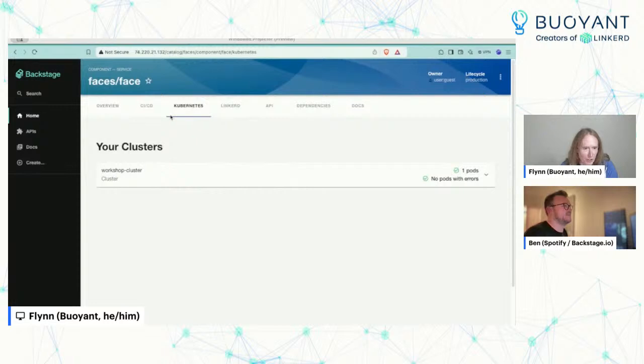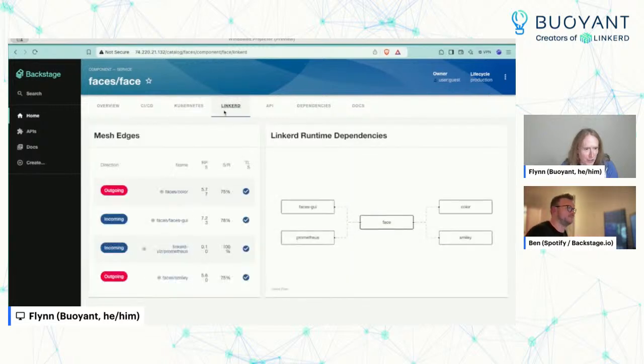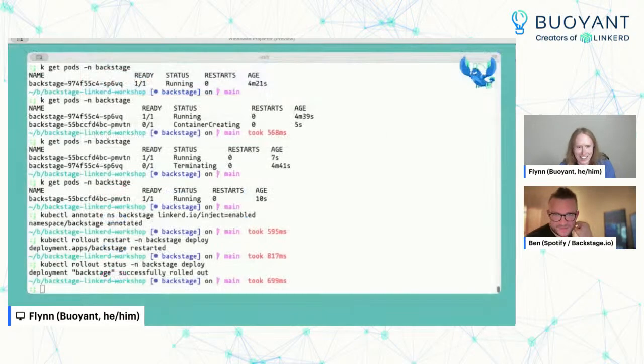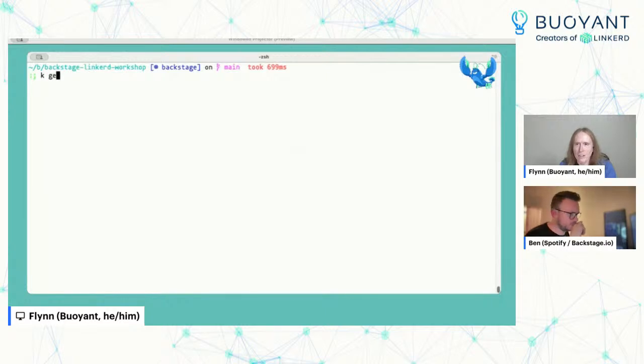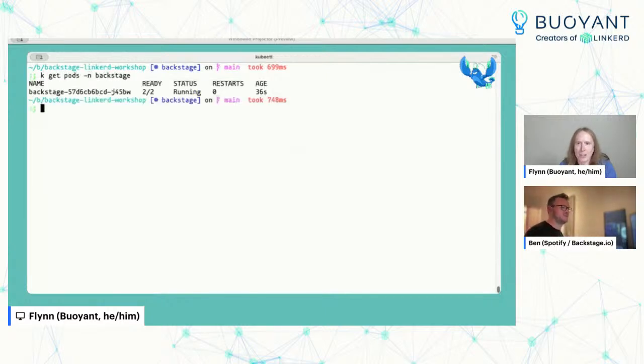So I had to reload my GUI here, but hey, it's working. This is great. And if I come back over to my shell window here rather, and I get the pods in the Backstage namespace, we now see 2 of 2 running containers, which is to say we now have